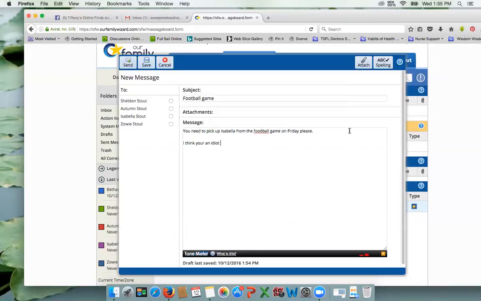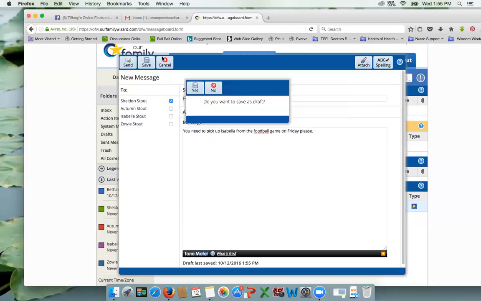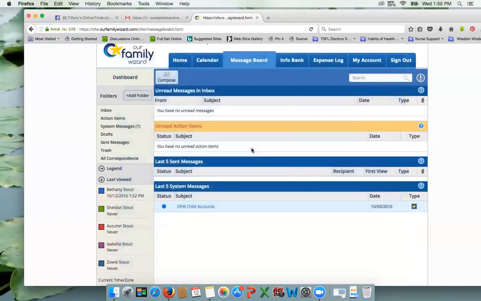you can see that the tone meter has gone up here. And it tells you this phrase, I think you're an idiot, is humiliating. So, oh, well, maybe I probably shouldn't write that, so I can delete it. And then it goes away. So it pops up down here at the bottom, whether they think it's good or bad. Okay, and so like I said, then it'll show up here, and then the other parent can pull it up